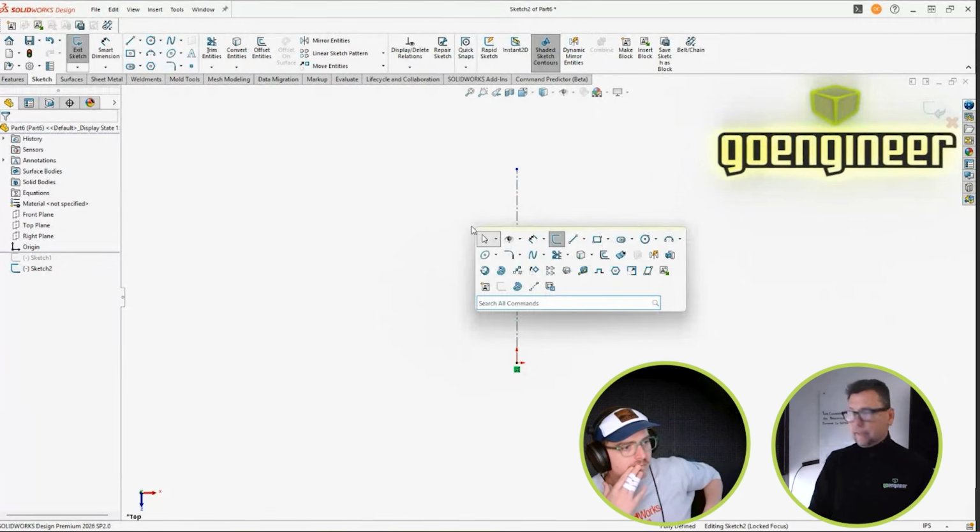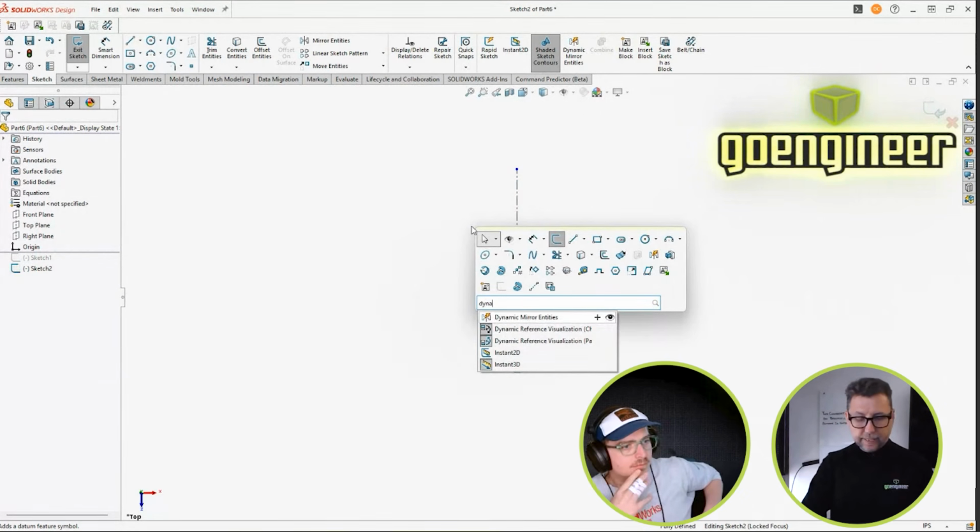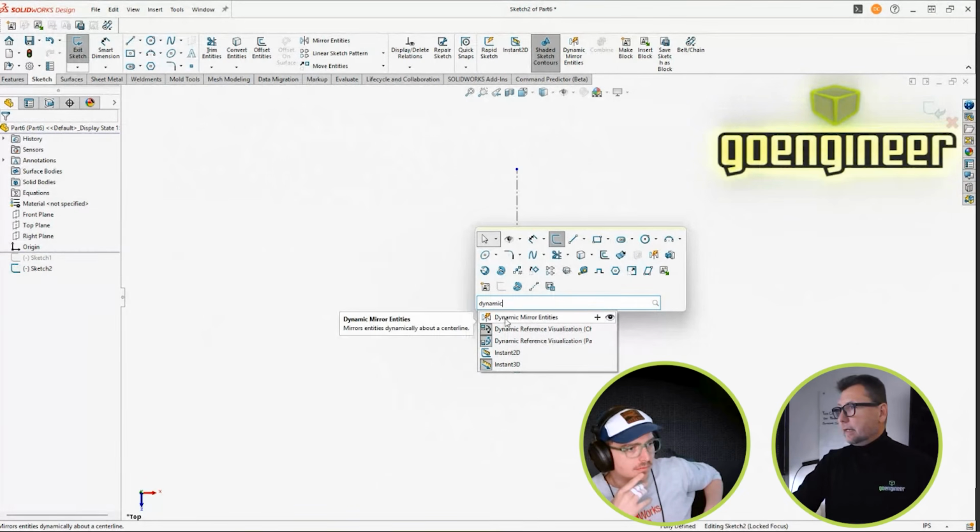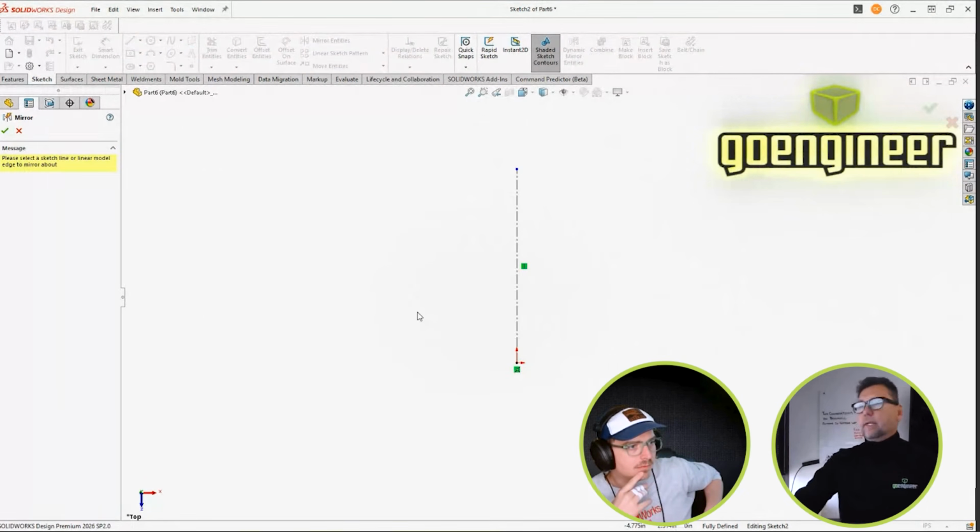Again, I'm going to do my S key and I'll just start typing in dynamic. And there it is, right? I can see this guy. And as soon as I click on him, it's going to ask us over on the left side, hey, what is my sketch line or linear model edge? In this case, I'm going to hit my center line and watch what happens at the top and the bottom